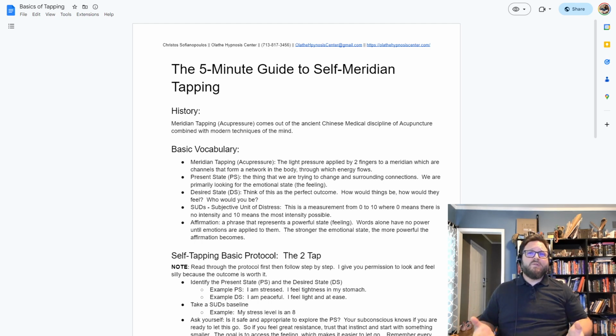To go over a little bit of vocabulary, present state is what we're ultimately experiencing in this moment. So, for example, anxiety or fear or loss or whatever it is that you're currently experiencing. And then there are lots of qualities around that. Where is it within the body, the color, the texture?